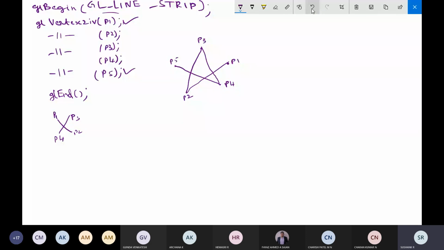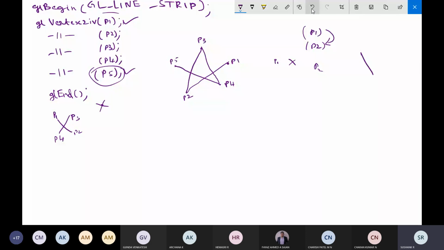If you're not giving any two positions, if you're not giving P1 and P2, nothing will be displayed. So at least you should give two points. As in the last example, if it contains only a single point, nothing will be displayed. Here we should give at least two points so that a connection can be made from the starting point to the ending point.